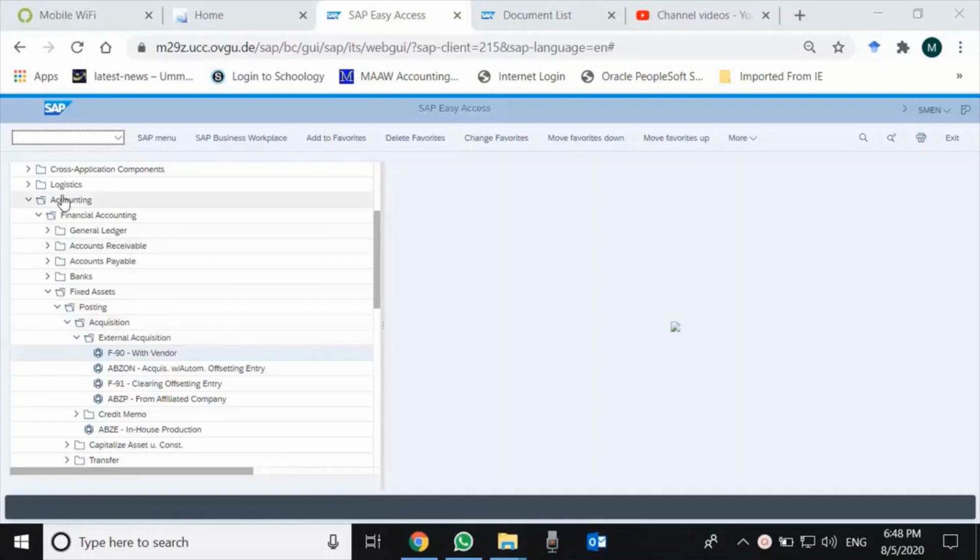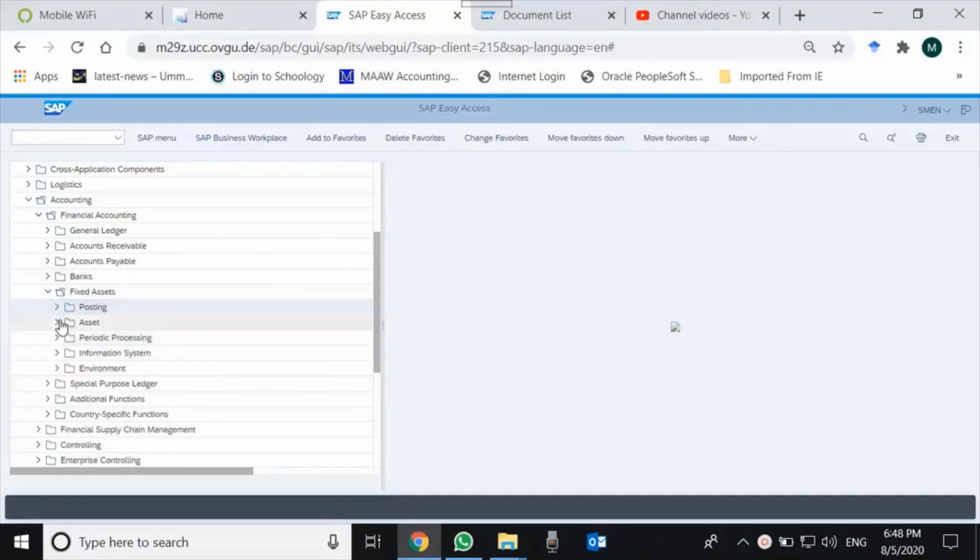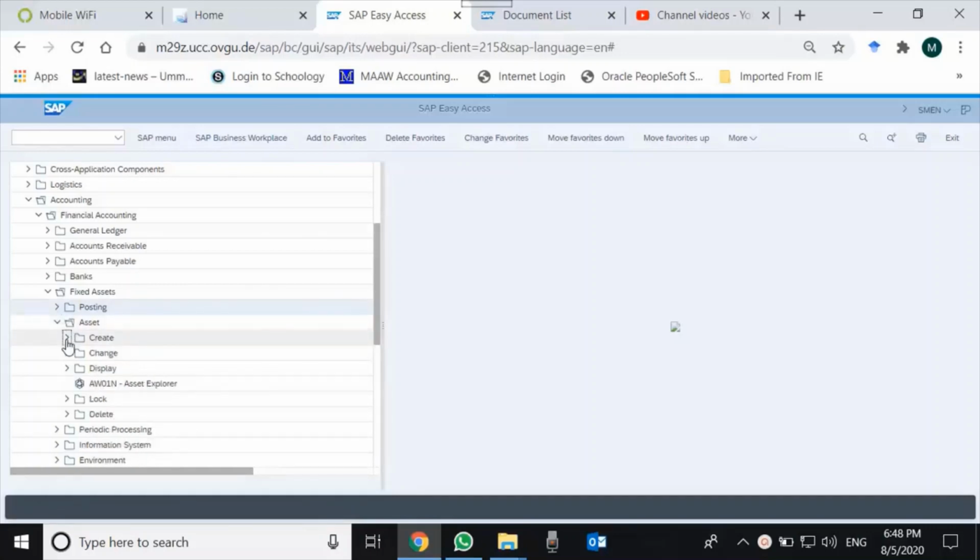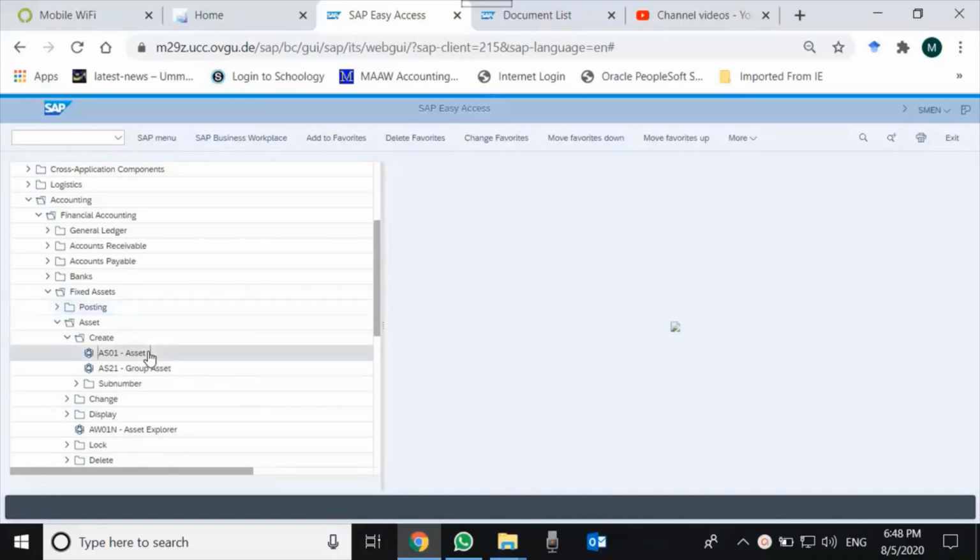So we go to accounting, financial accounting, fixed assets, and then after fixed assets we go to asset, because first the master data has to be created, then we can do a posting. Create, and AS01 is the T code for the asset. So when we go there,